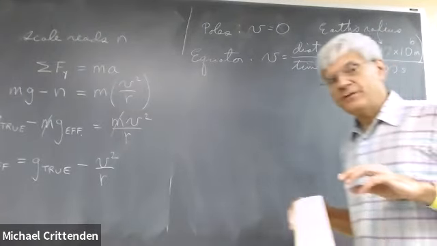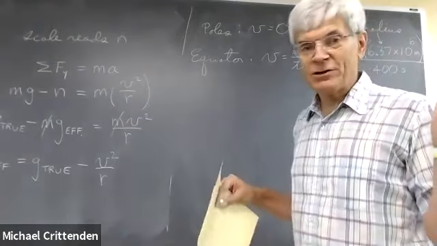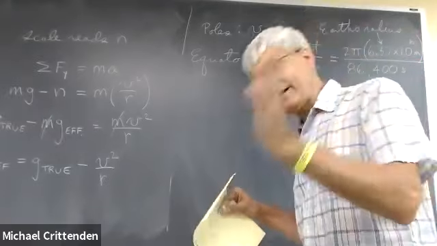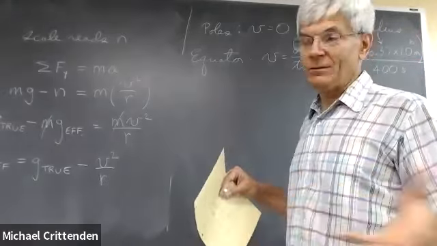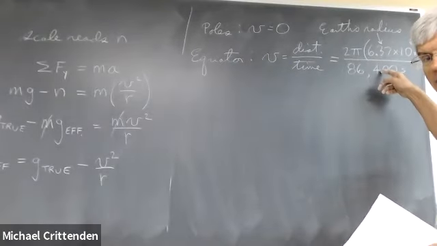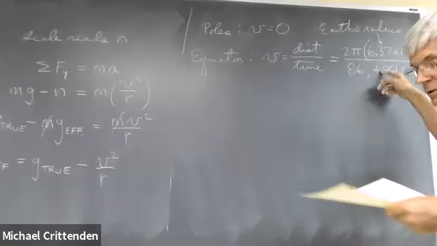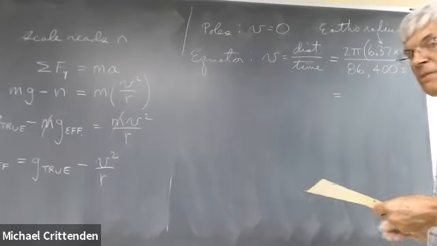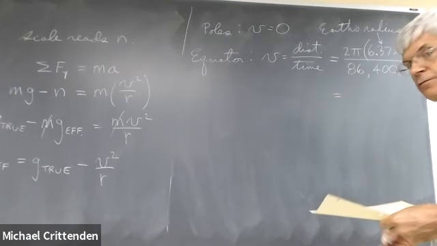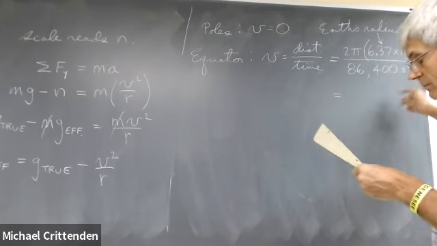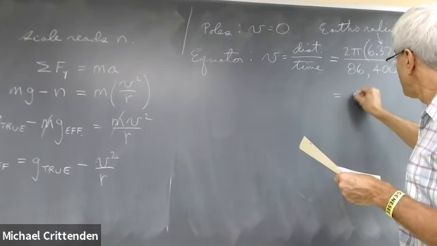I probably shouldn't have even wasted your time with that; the difference between a sidereal day and a solar day is not really part of this course. I just stuck the length of a solar day there. But it doesn't make a lot of difference, 4 minutes out of a whole day. You multiply and divide, and you get